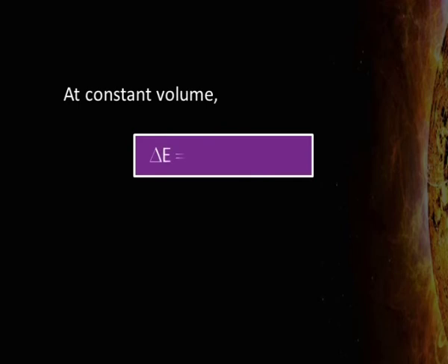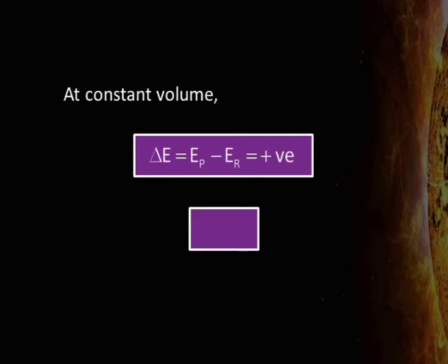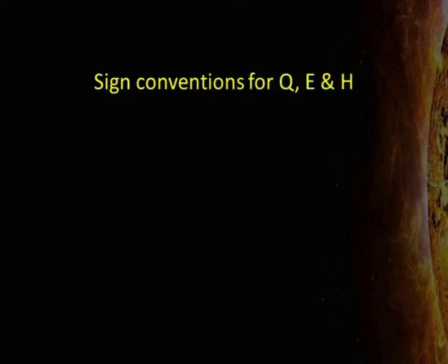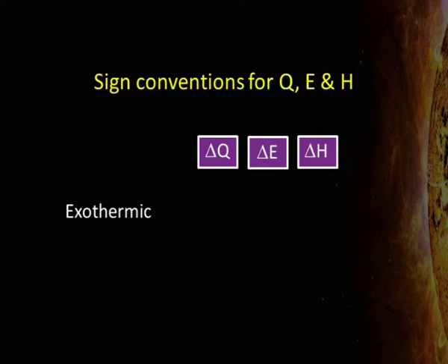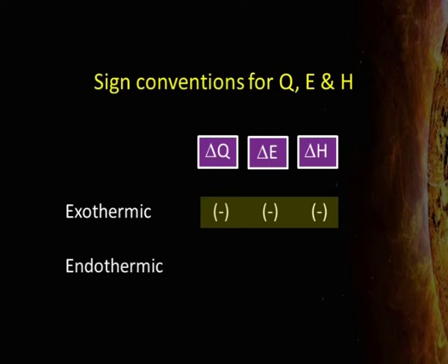If we are considering constant volume, then delta E is equal to E of products minus E of reactants, which will be positive. It can be said that the internal energy of products is greater than the internal energy of reactants. You can have a look at the sign conventions for Q, E and H, that is heat change, internal energy change and enthalpy change. For exothermic reactions, all are taken to be negative, and for endothermic reactions, all are